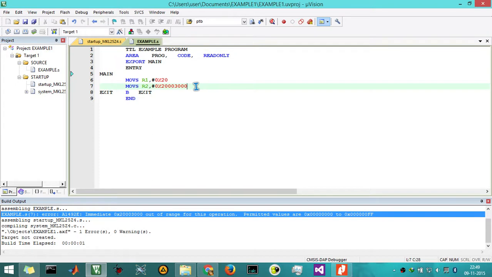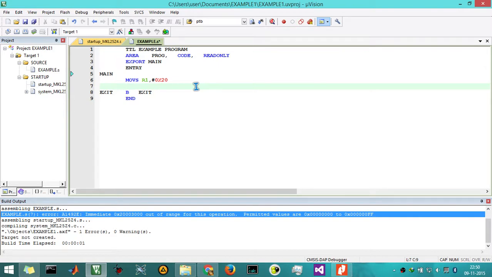Now we are going to deal with memory locations and the loading and storing instructions. In microcontroller language, loading always refers to getting data from memory and placing that data in a register, and storing always refers to getting data from a register and storing it into a memory location. In other words, loading always refers to a register being loaded with data, and storing always refers to storing data in memory.